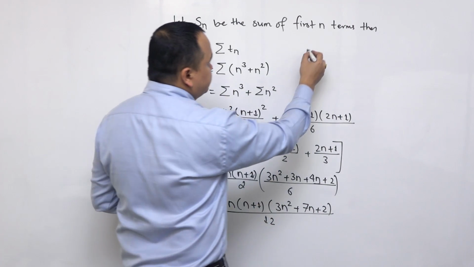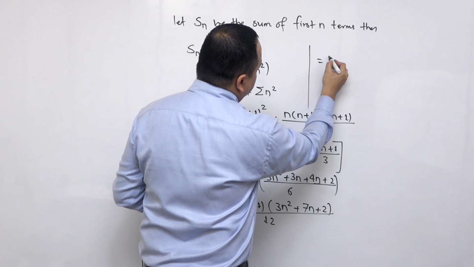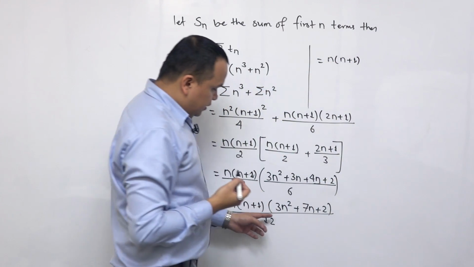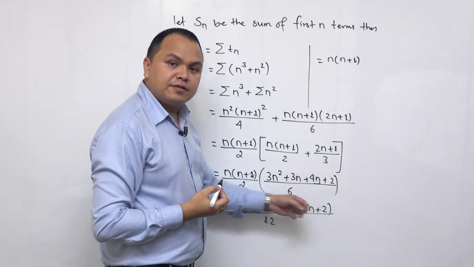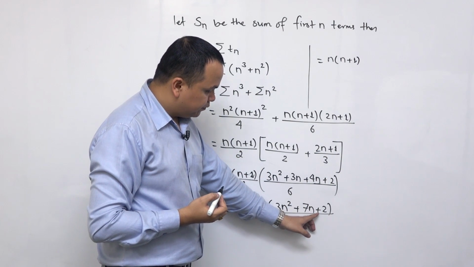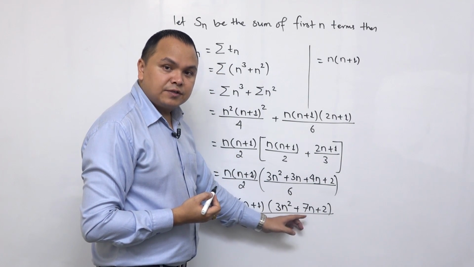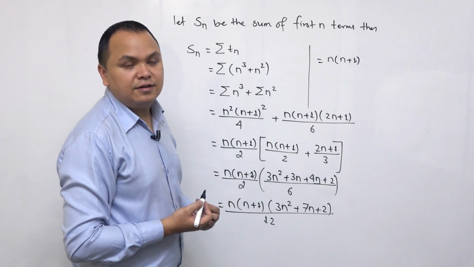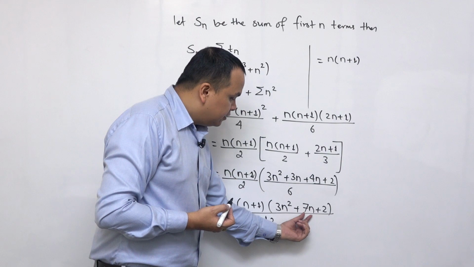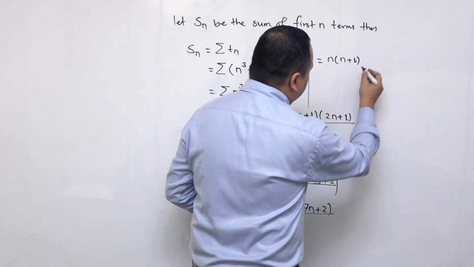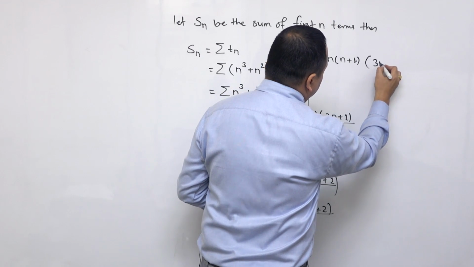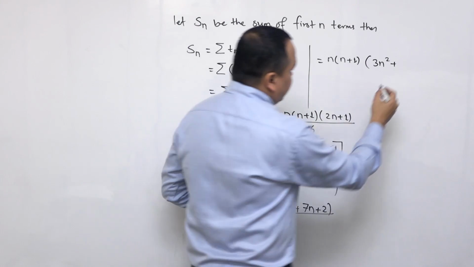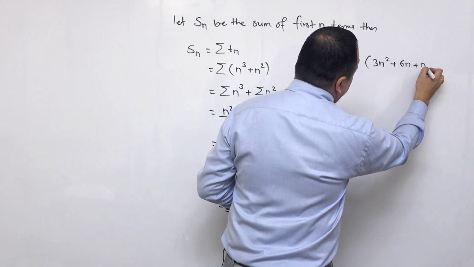And here continue. This is n times n plus 1. Here 3 into 2 is 6, and here is plus, and here is 7. So we need to find two numbers whose product is 6 and sum is 7. So 7n can be written as 6n plus n, so 3n square plus 6n plus n plus